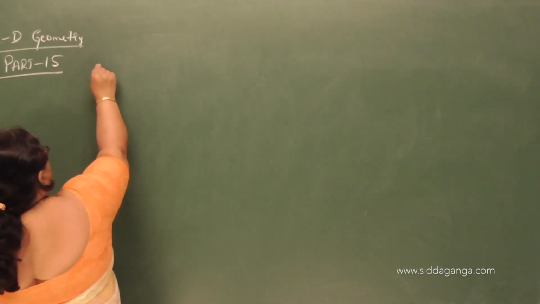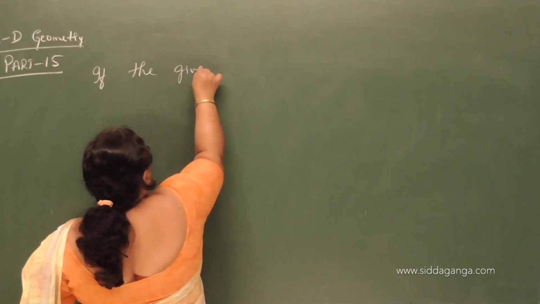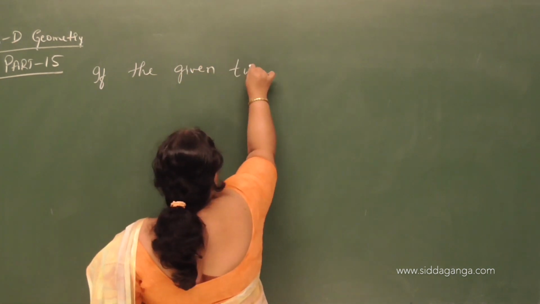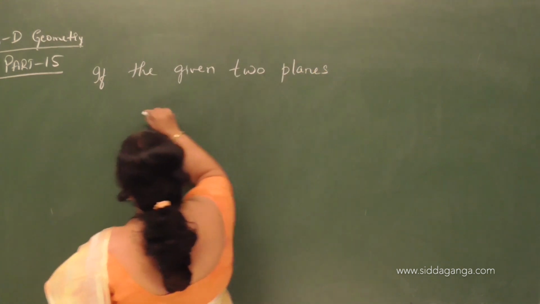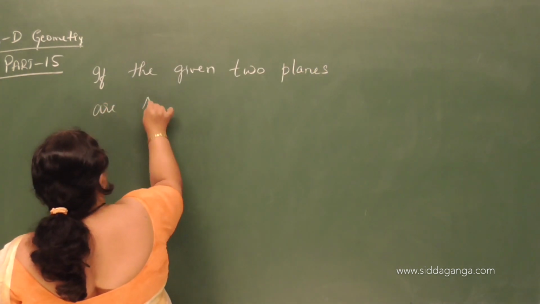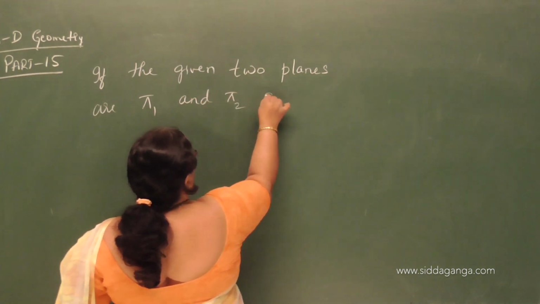So if the given two planes are pi 1 and pi 2 given by